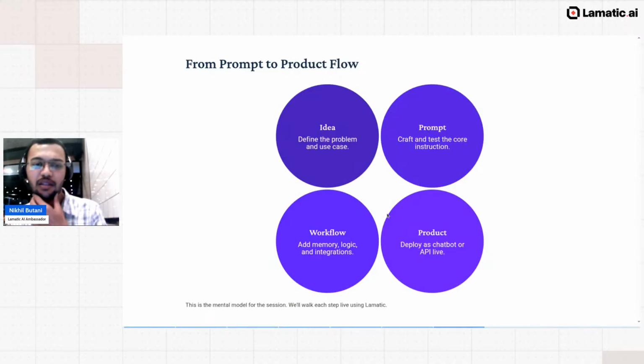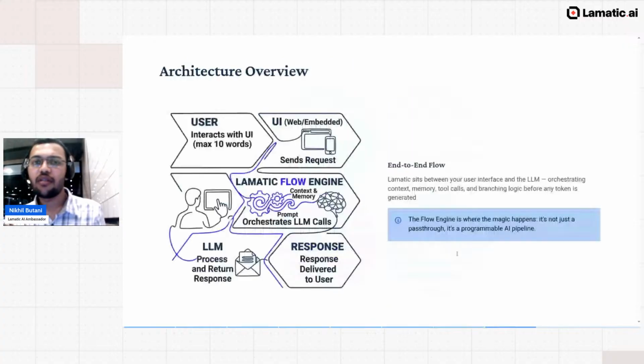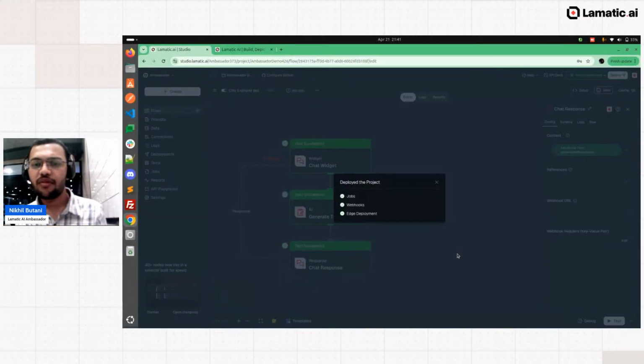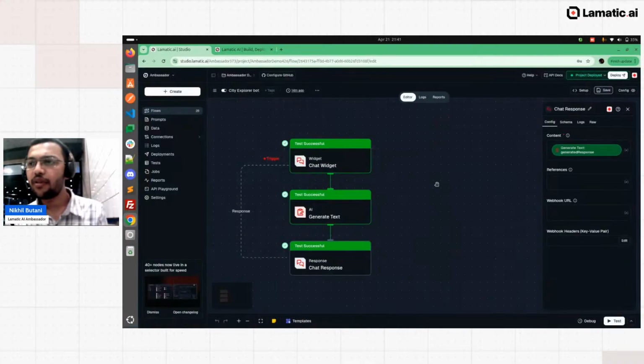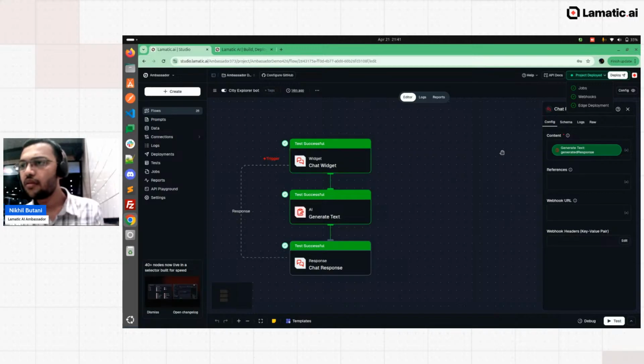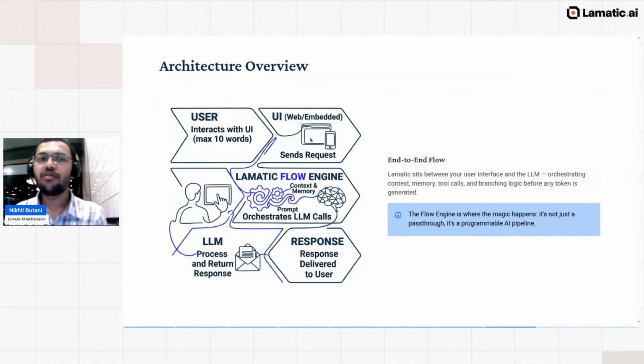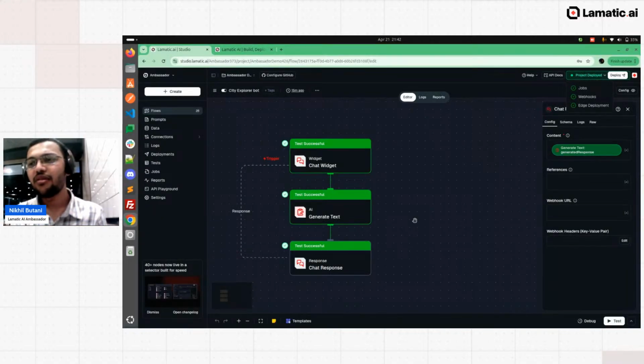So yeah, you can see what we did actually. It finished the product, and you can see the deploy as a chatbot or API live, right? So yeah, here it's already deployed. Yeah, product deployed, right? And it's also completed. Okay, so here you can see the link as well. So now if I share my link with anyone, then anyone can use it and check my agent as well, right? So yeah, that's the demo which I have done, right?